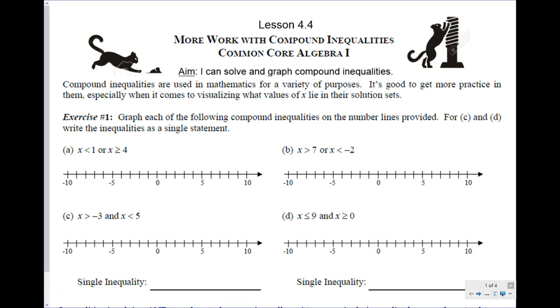Hey everyone, we're going to continue our work with compound inequalities today in lesson 4.4. So we'll do more practice solving compound inequalities and then graphing compound inequalities. So that's our aim today, solving and graphing compound inequalities. Compound inequalities are used in mathematics for a variety of purposes. It's good to get more practice in them, especially when it comes to visualizing what values of x lie in